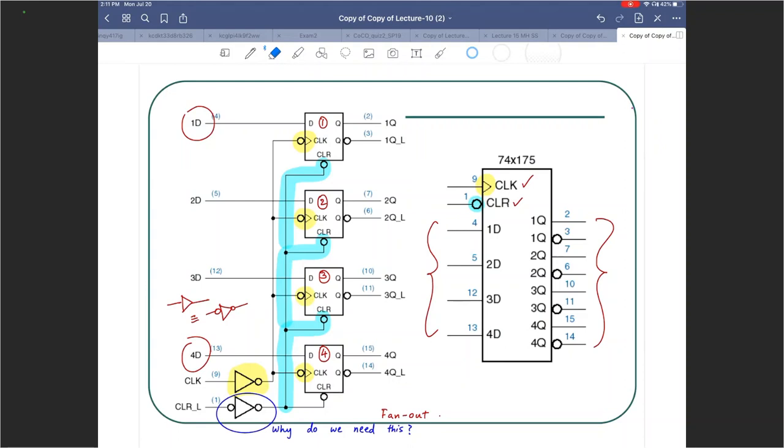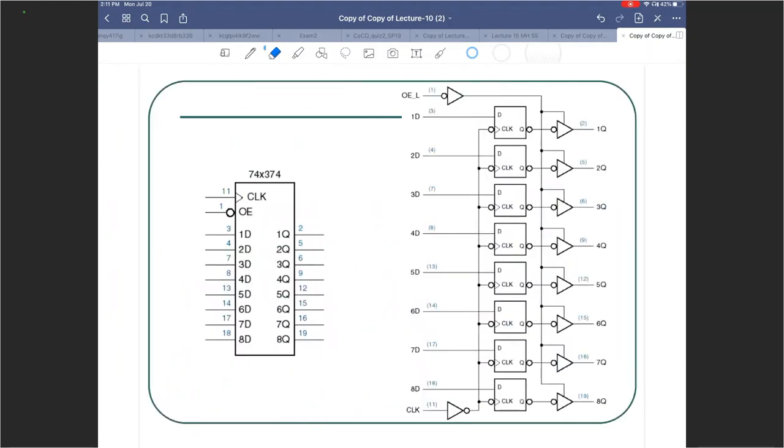And the outputs of the flip-flops are both available in true and complement form. We talked about that. Positive edge triggered, active low clear. All right. So I think we are all solid over here. Okay. The next chip that we are going to take a look at is